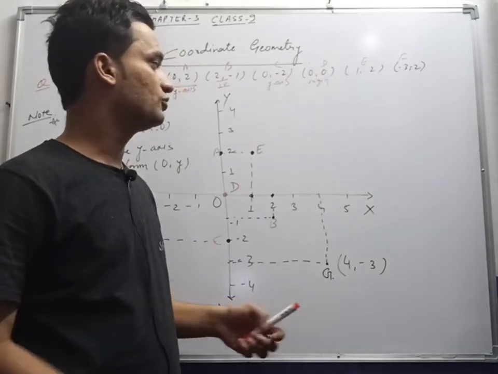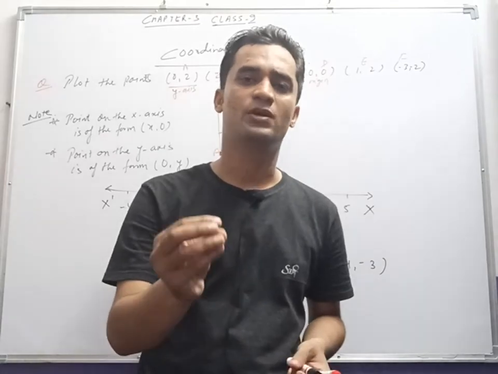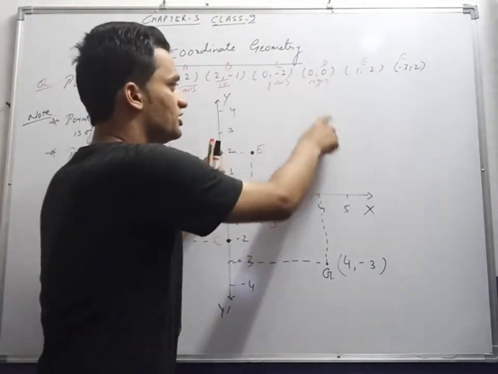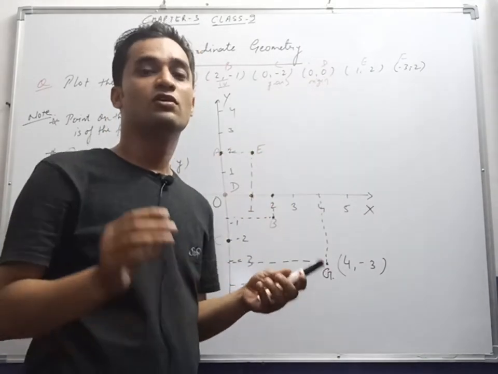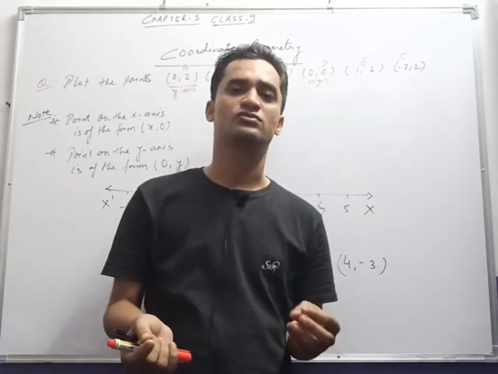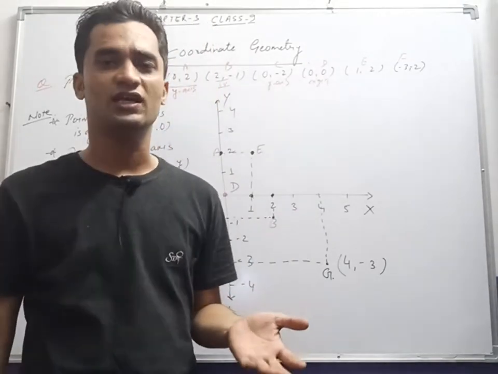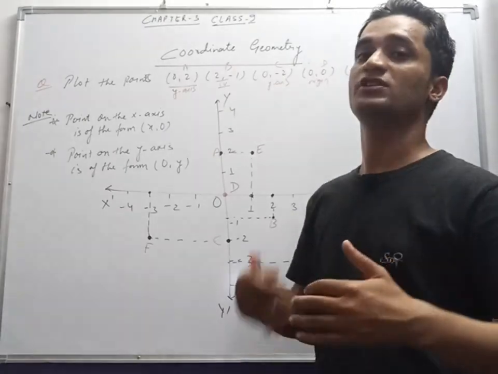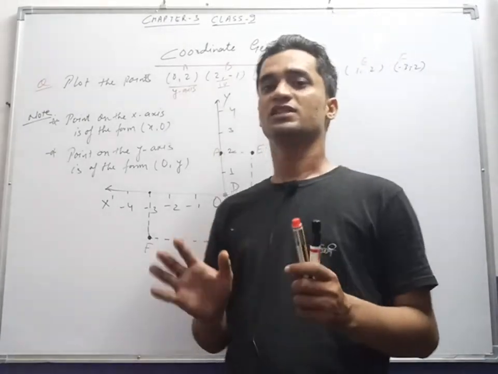So don't be confused, it is very easy. Practice so many questions, practice a number of points. In some books it is also given, when we are plotting 3 points, they ask you to join those points and say which type of shape you get after joining these coordinates. Sometimes a triangle, as you know, if 3 vertices are there we can have a triangle. If four are there, then a quadrilateral, and which type: square or parallelogram. So it is very easy.